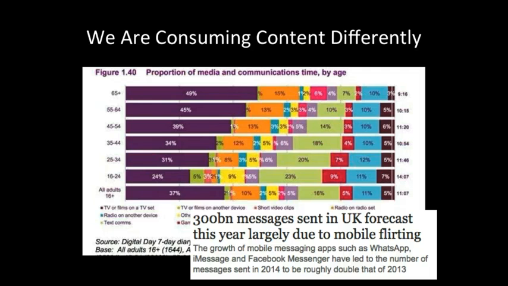We sent a lot of messages in the UK last year, and the growth was driven by messaging apps, not by SMS. The average person on a messaging app sends 46 messages a day. So that's potentially 46 times your application could be interrupted by a messaging app. Test for it. Because if you don't, your users are going to find that one pretty quick.